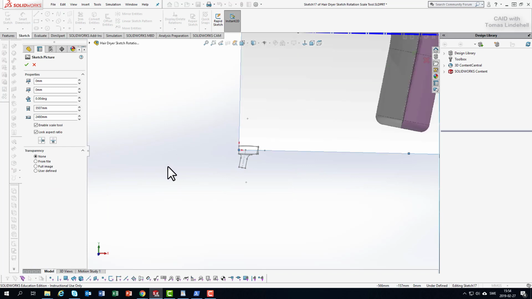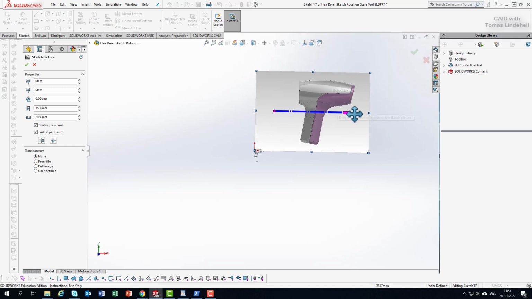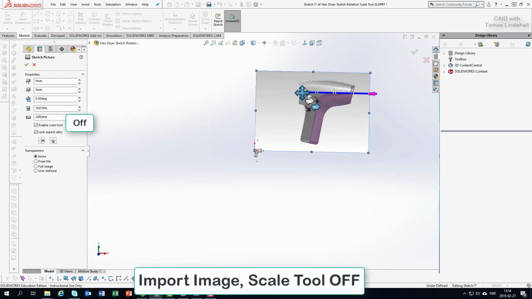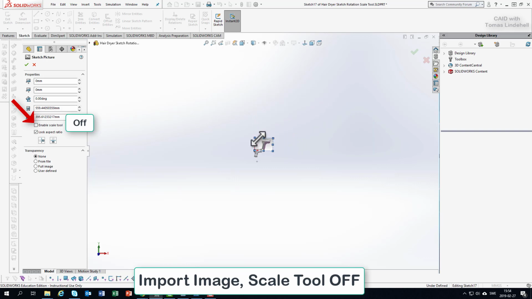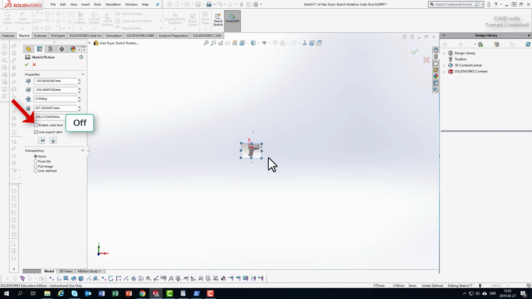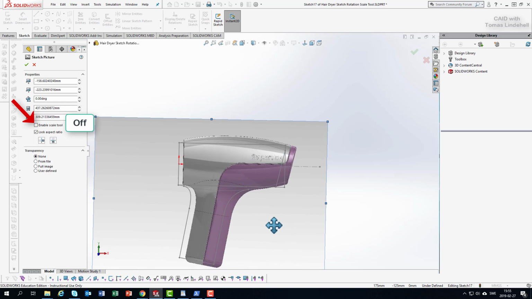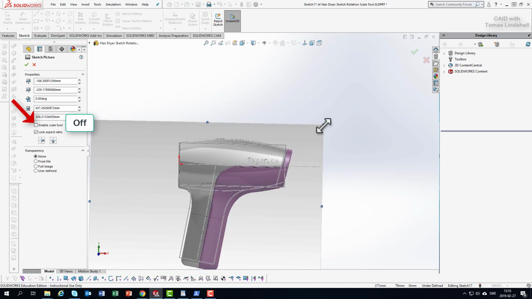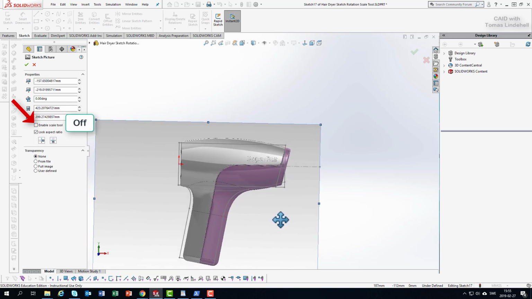So I have got the image, and now we can see the scale tool here. This is a possibility to scale the image to a certain size, which is actually a very nice feature. But I'm not using this in this tutorial, so be sure to turn it off. Turn off enable scale tool, and there you have the solution. Now we can do as before, scale it down, zoom in and match it up. And now we will have this on a brand new sketch without any trash